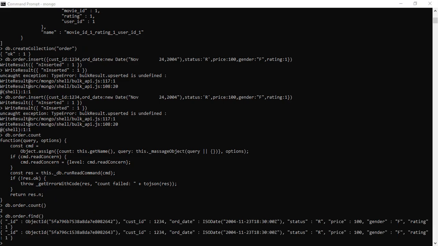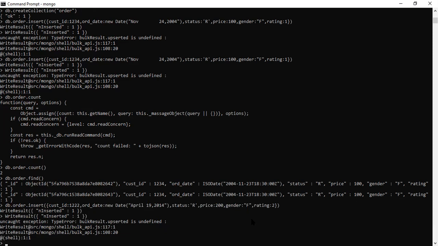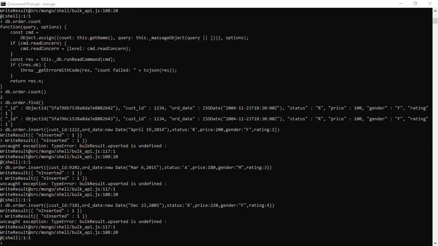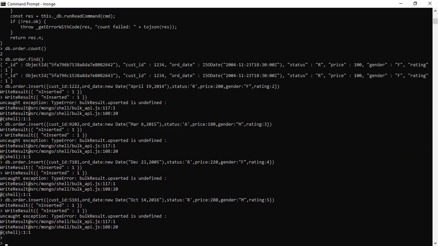Now we will add some more records into it, so that we can perform the MapReduce functionality. The basic purpose of the MapReduce operation is to do aggregation on many records, many documents.